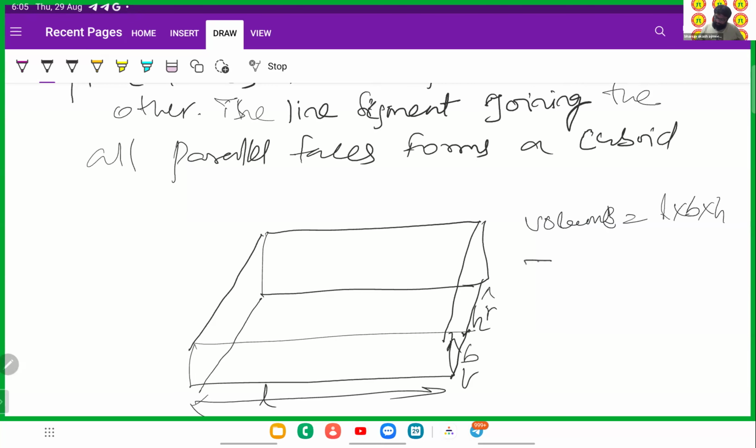And what is the total surface area here? Similar to the way you derived it for the cube. All surfaces are rectangles, right? So if I consider this first one,